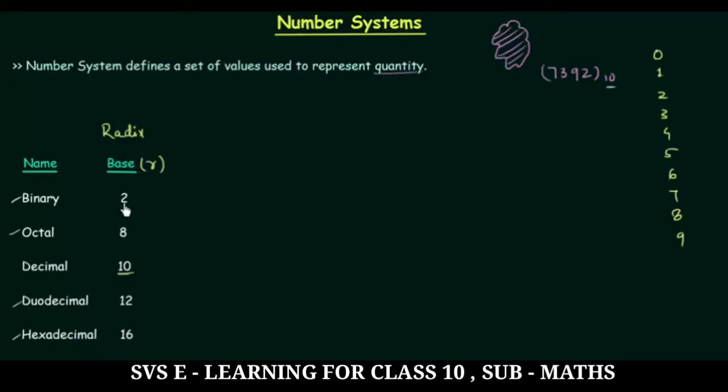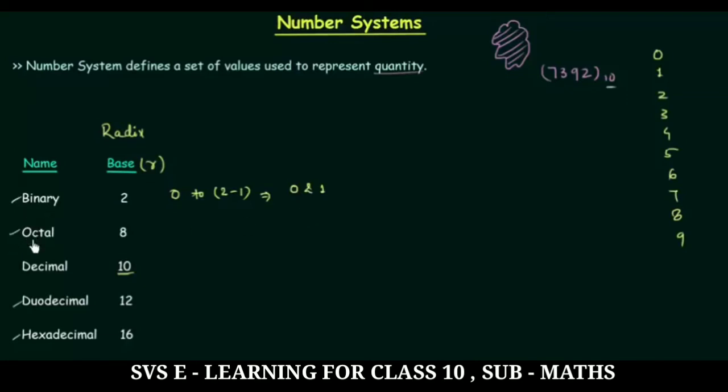Now what are these 2 different digits we have to find? The digits will start from 0, and there will be increment of 1 every time, and it will end at r minus 1, where r is the base, and in this case r is 2. So 2 minus 1, this will give us 0 and 1. So there are only 2 digits in case of binary number system, and in binary number system we do not call them digits but we call them bits. And as there are 2 numbers, we call this system binary number system.